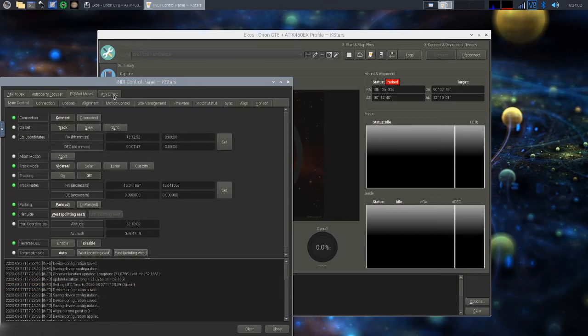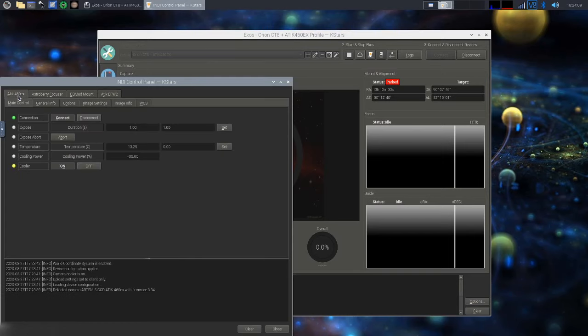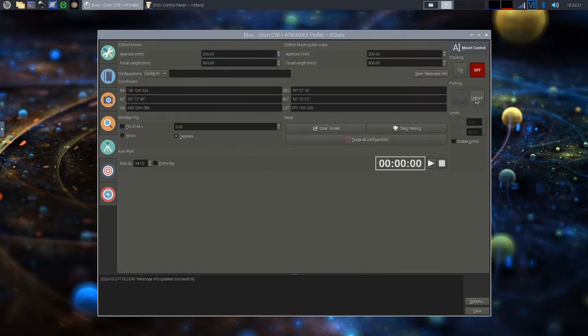There's EQ driver for my mount and Attic electronic filter wheel. Anyway, after we start the drivers, we don't need this anymore. So now we can go to our mount, unpark it,